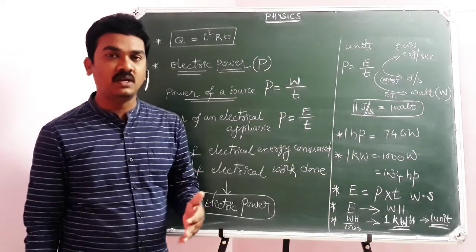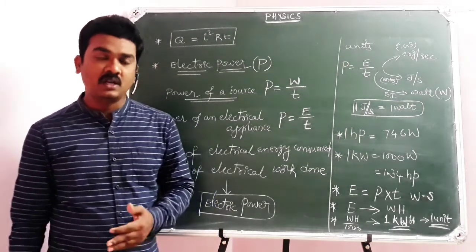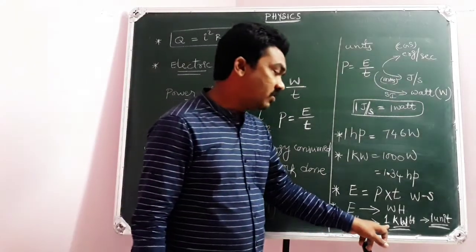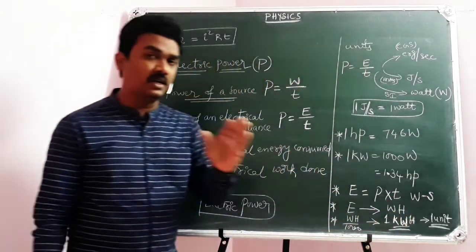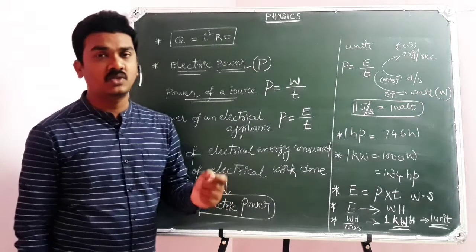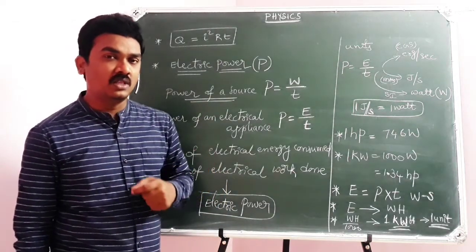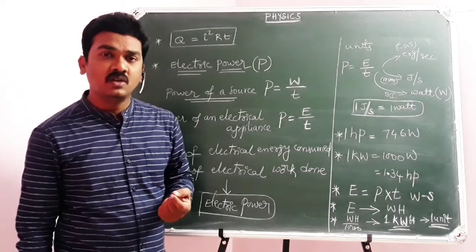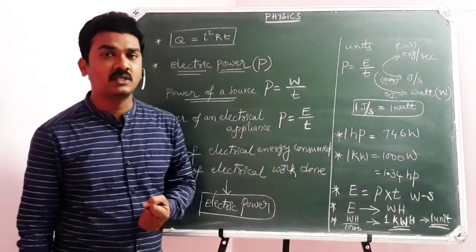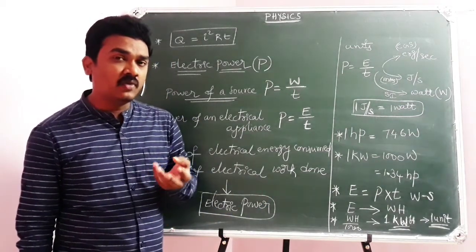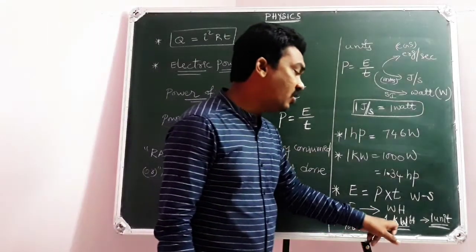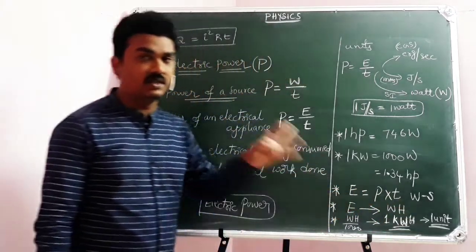20 units, 30 units bill. This month reading is 150 units. Last month reading is 100 units. Means 1 unit means you have consumed 1 kilowatt hour of electrical energy. This is the way to measure household consumption of electrical energy. So in the usual language, we say you have consumed this month 100 units. Last month we paid the bill for 200 units. It means 1 unit of electrical energy consumption says that you have consumed 1 kilowatt hour of electrical energy.